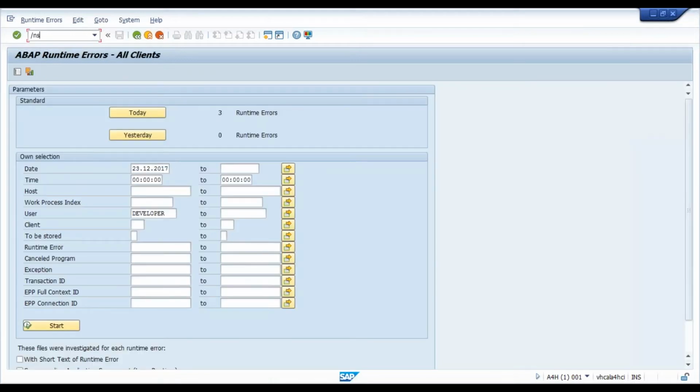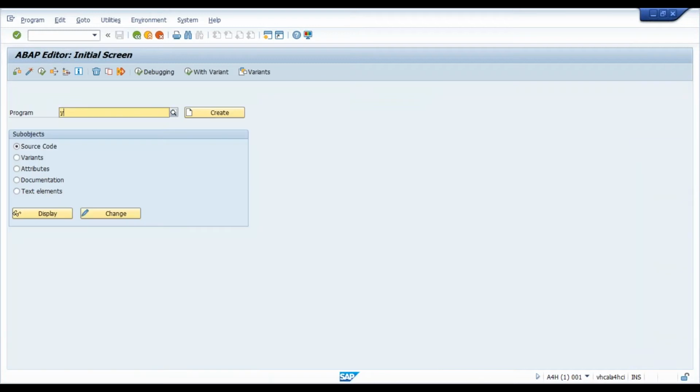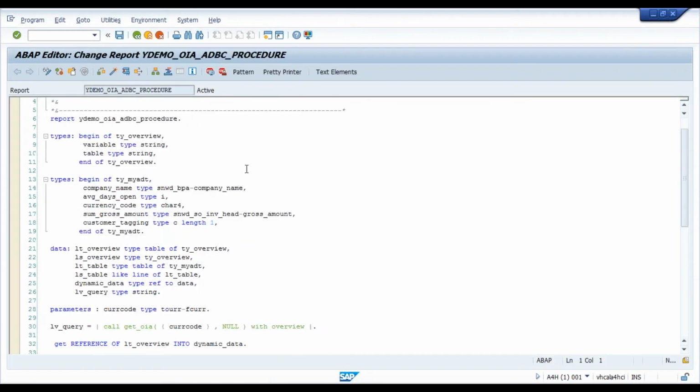So what you can do is come to your program once again, ydemo underscore oia underscore ADBC procedure. Go to change, and now here you can do exception handling to basically not dump it but derive the right information about what went wrong.